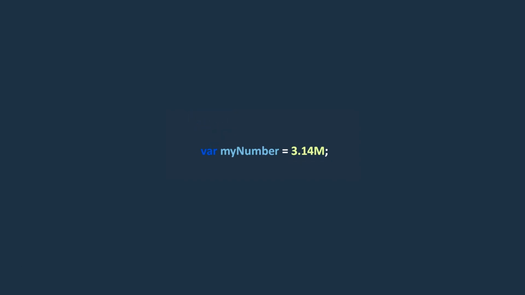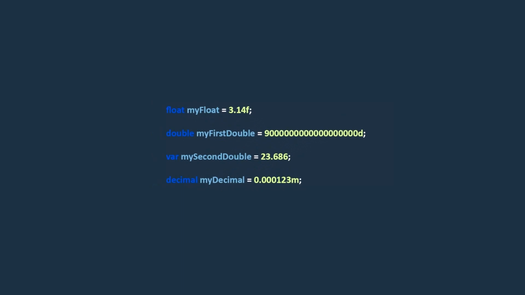The examples we've shown you so far are the most common way to represent a floating point literal, like these examples that you're seeing now. They consist of a sequence of digits, optionally followed by a decimal point and followed by another sequence of digits. And at the end of the value for float and decimal types, we have to use a suffix, but in the double type, using the d suffix is optional. In C#, these are called decimal notations.